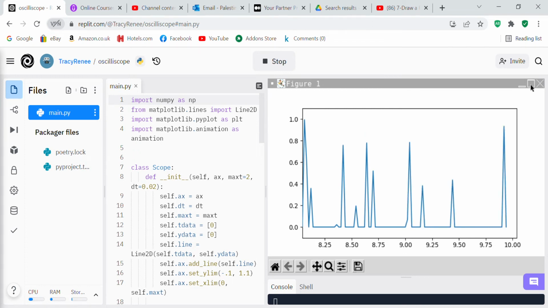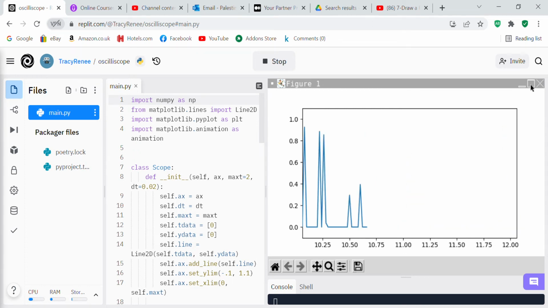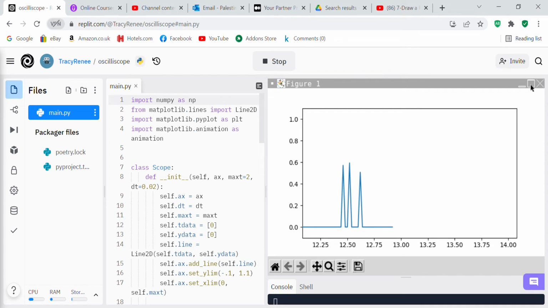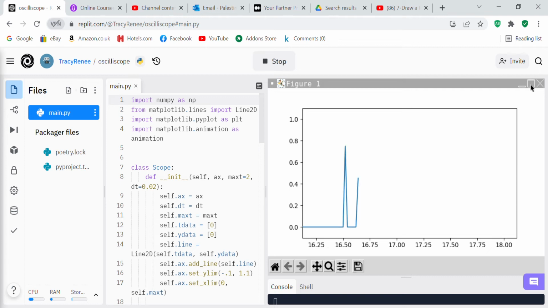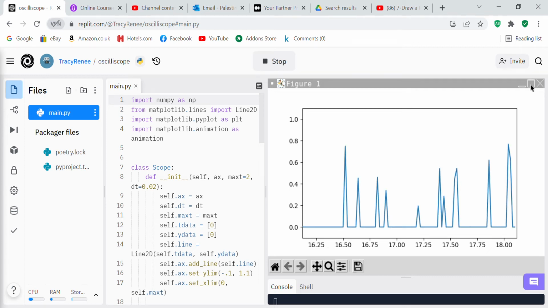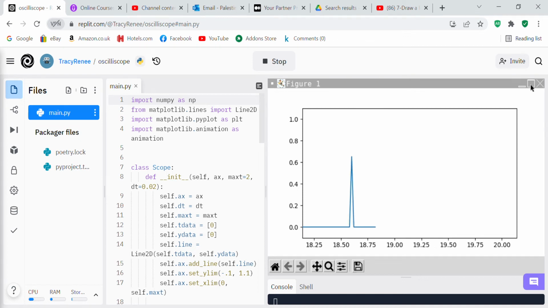any oscilloscope I've ever seen, because I worked with oscilloscopes a long time ago in the military, and in an oscilloscope you've got information going down below zero, but here they've got the information going up just above zero, and it just makes a spike. But anyway, I wanted to give you this code because, one, it's an animation and